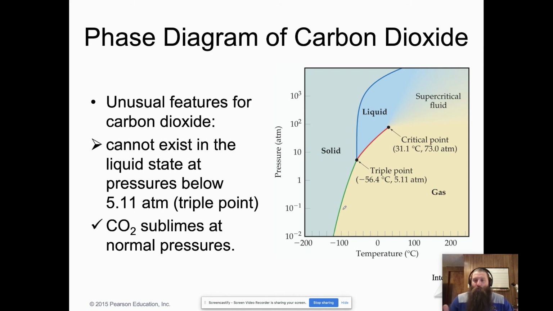So at 1 atmosphere, where we normally are, you don't find any issue traversing this little green line. So at 1 atmosphere, we can sublimate really easily. So that's another conclusion you might be able to draw from one of these graphs. So pay attention to where the triple point is. Pay attention to where 1 atmosphere of pressure is on one of these, because if you want to know what that substance is going to do at normal pressures, 1 atmosphere where we normally live, you can look across